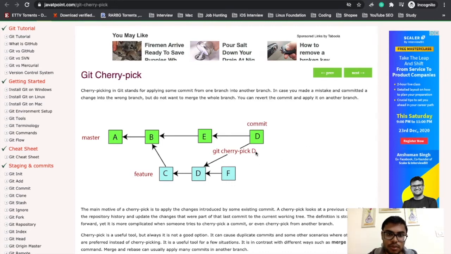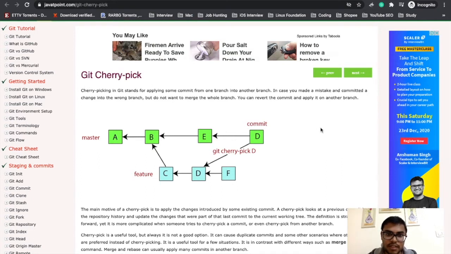Let's say your branch is a feature branch and you are working on some project, and there have been some recent changes on the master branch. You don't want to merge that whole branch into your branch, and you are just particularly interested in this one commit which has certain changes. So what you will do is bring that one particular commit into your branch, and once your task is complete you can merge it. This problem is solved by Git cherry-pick.